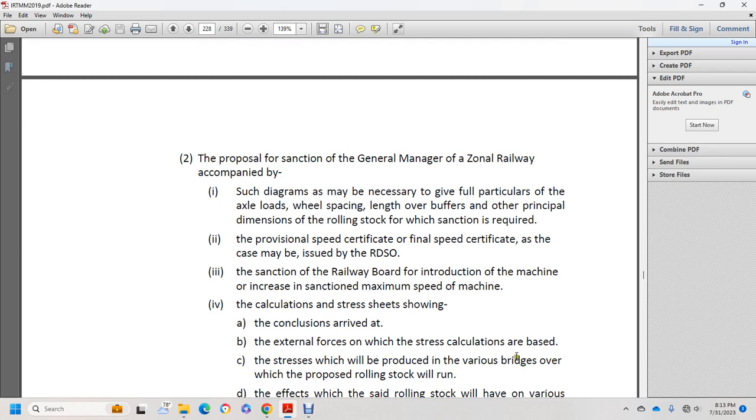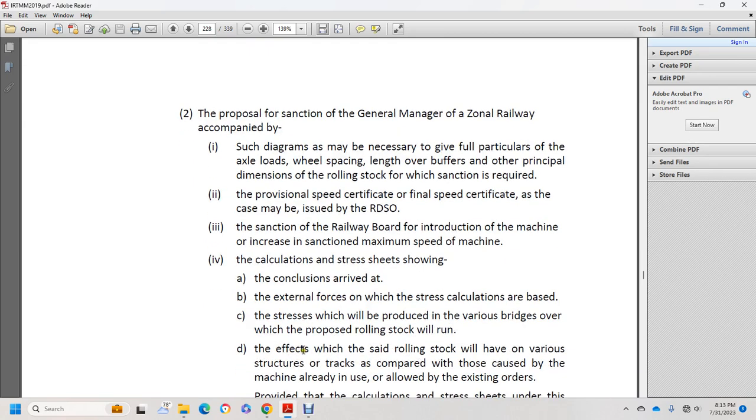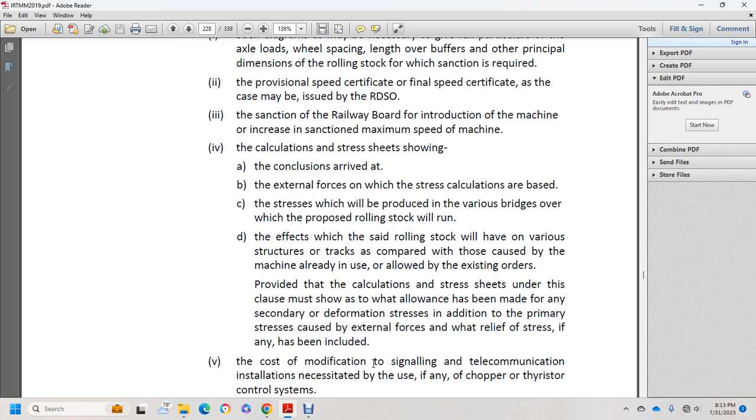Stresses will produce the various bridges over the proposed rolling stock will run. Effect of the said rolling stock will vary with the structure of the trucks compared with those caused by the machine already in use by existing orders provided with the calculation stress sheets under the cause of the may show the allowance of the has been made with the section and secondary deformation stress with additional primary stress caused by external force relief of the stress has been also included in the modification signal travel communication installation necessity but the